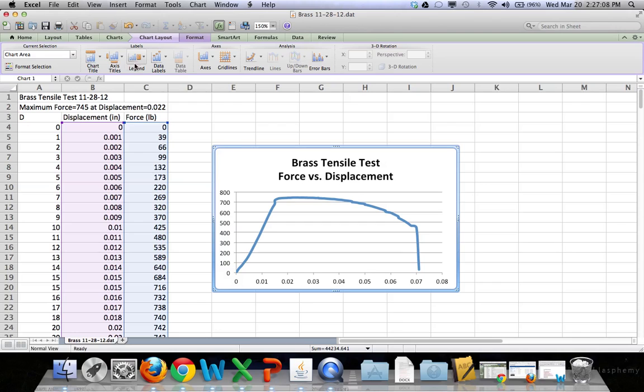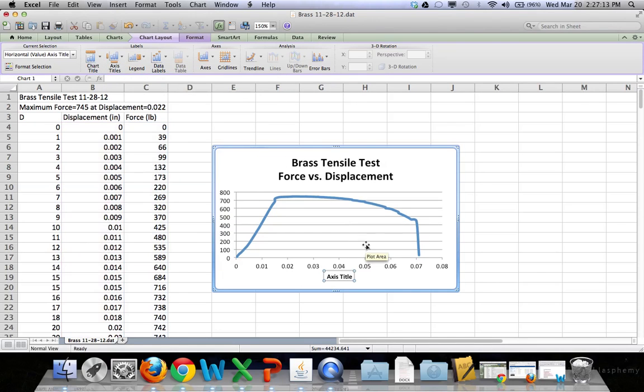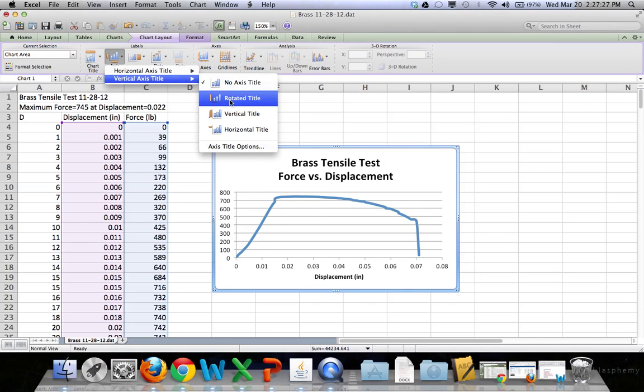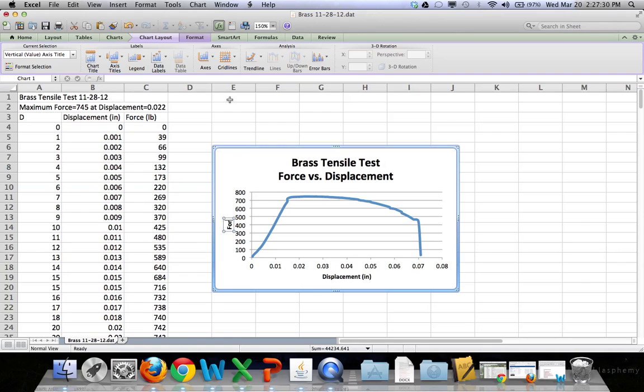Okay, and then let's also put some labels on our axes. So on the horizontal axis, down here on the bottom, these numbers are representing displacement in inches. And our vertical axis is representing force in pounds. Okay, so with that, we've got a pretty nice looking graph that tells us what's going on with this sample